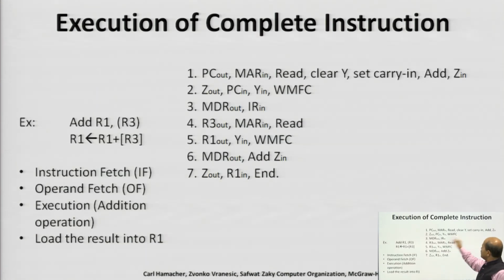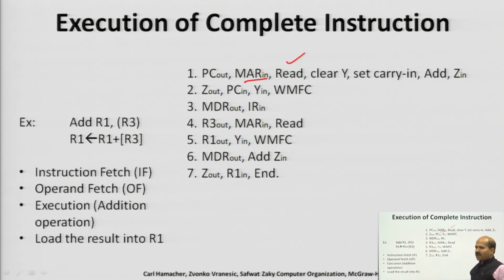You can see the steps. First the address is given by the PC. So, the PC out gate will be opened, and where will this address be transferred? This will be transferred to MAR, because the MAR register is connected with memory where the instruction is stored. So, we are going to perform the instruction fetch operation in the first three steps. So, MAR in will be enabled, and what is that operation?